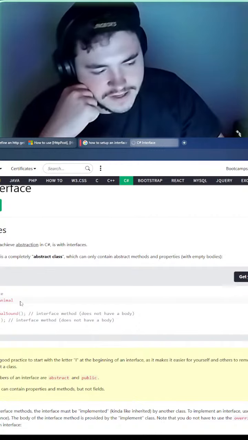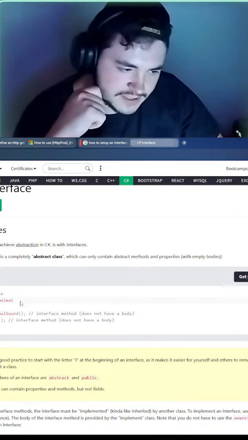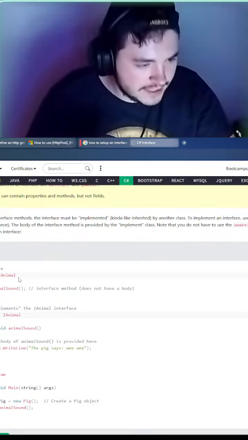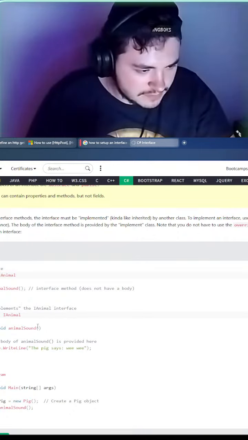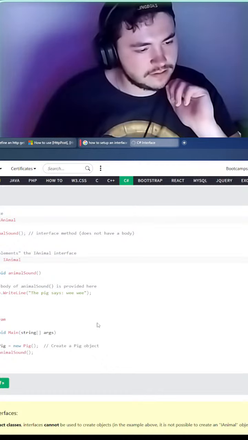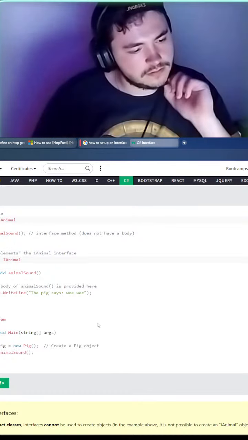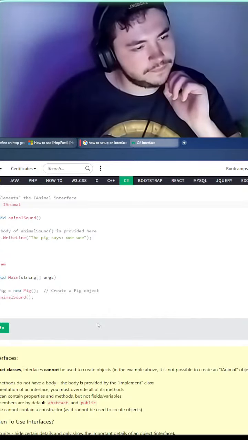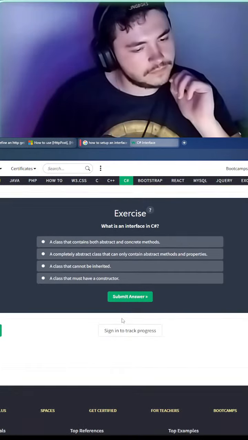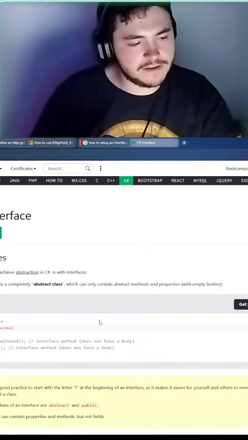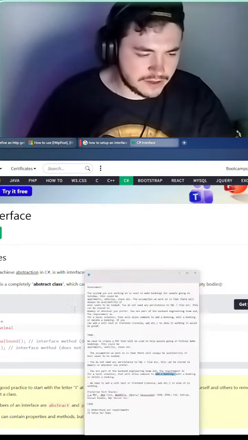So interface animal, we have void animalSound, run, and so on. Interface animal, void animalSound, and then pig implements it. That's fine. Yeah, I'm happy with this. So let's find out the proper way to create an interface.